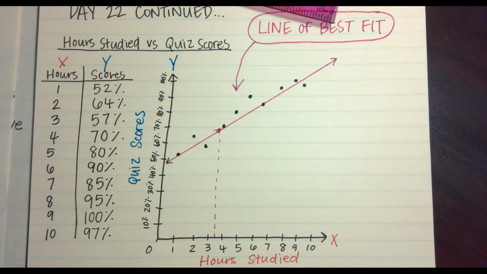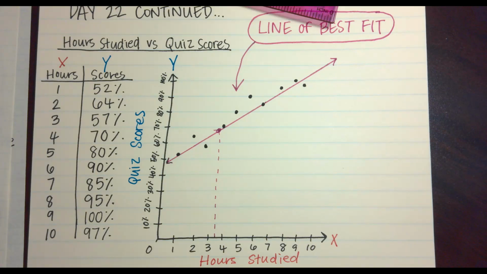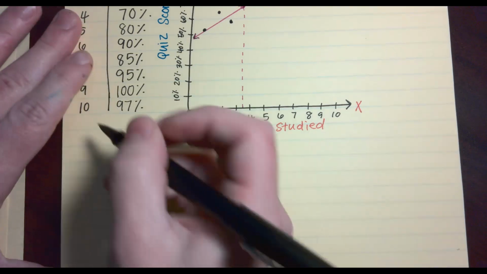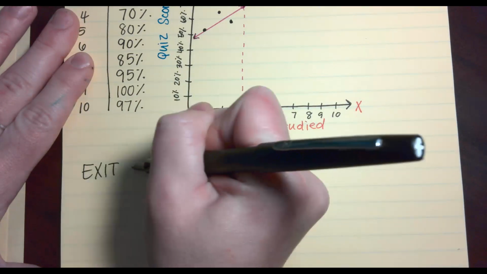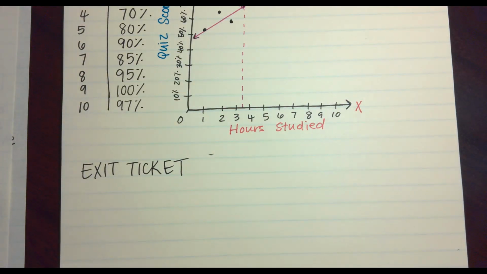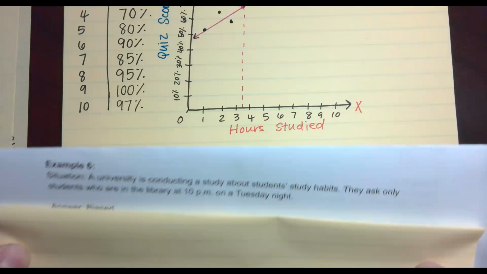It's about lunchtime. It is lunchtime. Let me give you an exit ticket. It's just going to be one short question, and I just need you to write a one-word answer. You are going to tell me if the situation that I'm telling you about is biased or random. I am going to give you this example. You don't need to write it down. I will have it saved. You just need to tell me, is this biased or is it random?